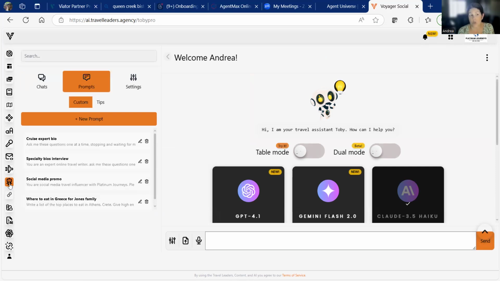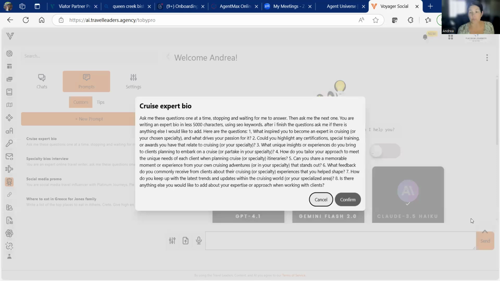So when I go to Toby, I click on Toby AI right here, the little guy, and I hit prompts. And I've created an expert cruise expert bio prompt. So it's going to ask me questions one at a time. It's going to stop and ask, wait till I answer it. Then it's going to ask the next question. You can put how many characters you want. I use SEO keywords, hoping that if somebody puts a keyword in, it'll draw them to my